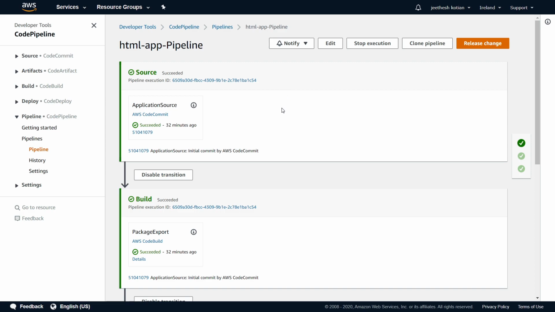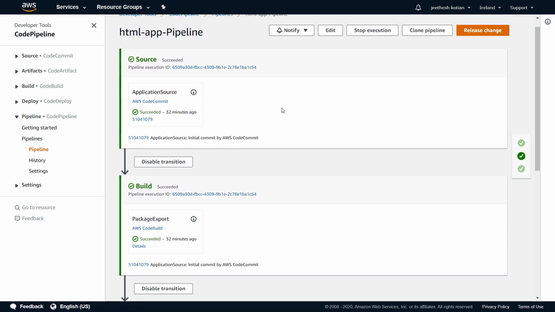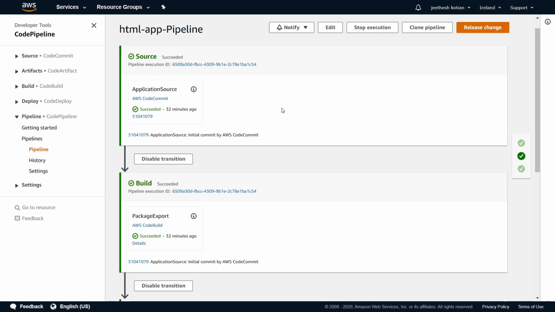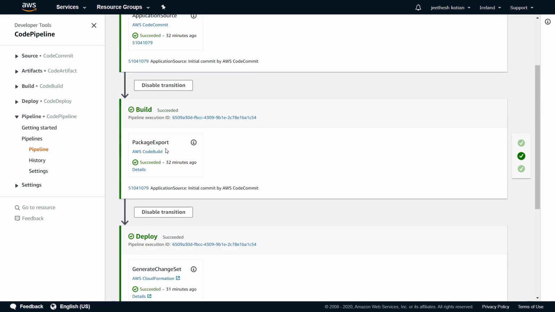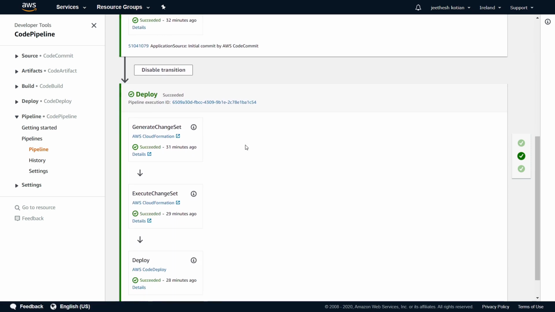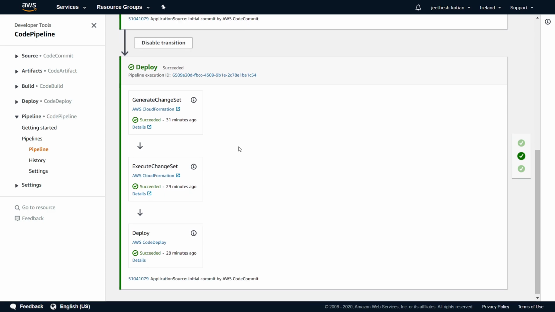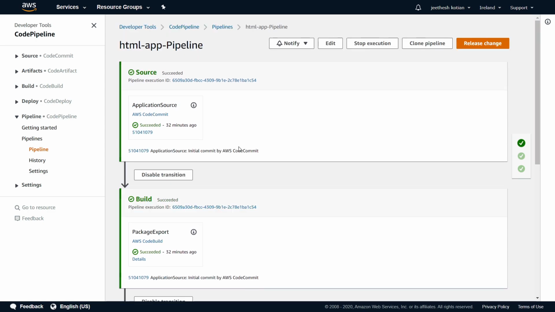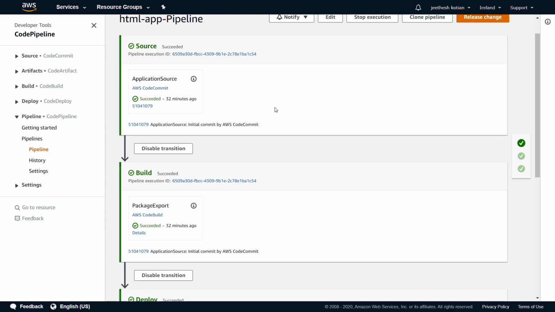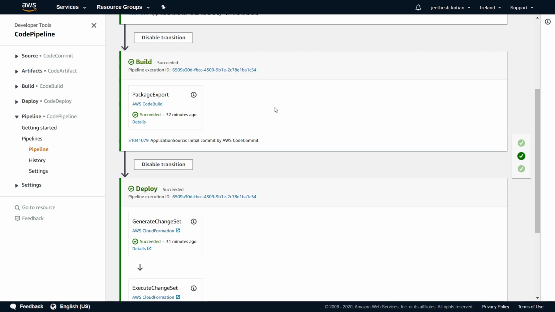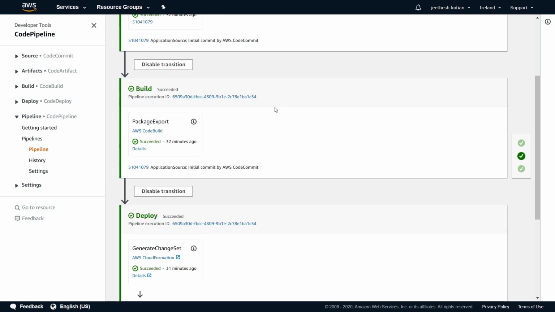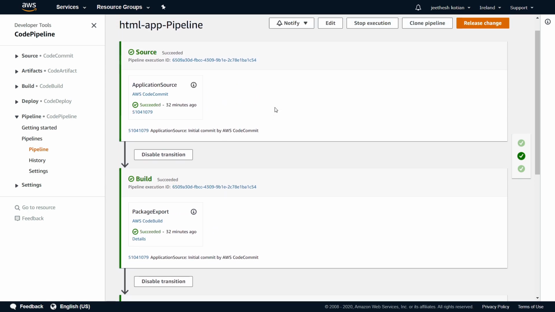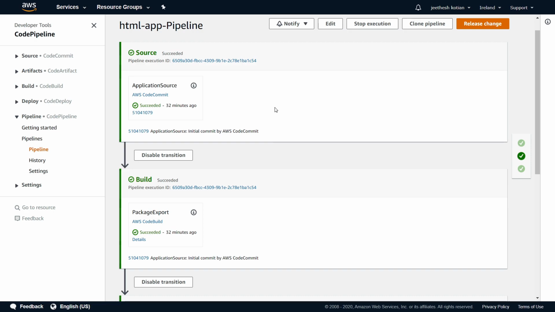And if you check out the entire flow, it has all the things related to the deployment, that is AWS CodeCommit, AWS CodeBuild, and then the deployment is happening through AWS CloudFormation. You can always go ahead and update this entire flow. You can add new approval steps in between if you want to do that. If you want to change how deployment happens, you can always go ahead and update that here.